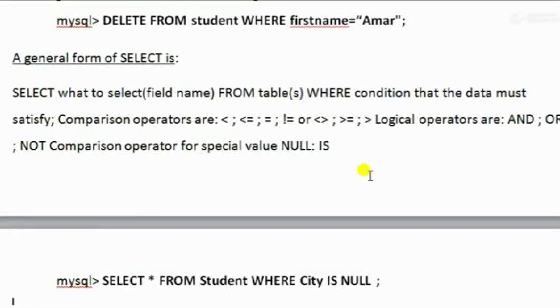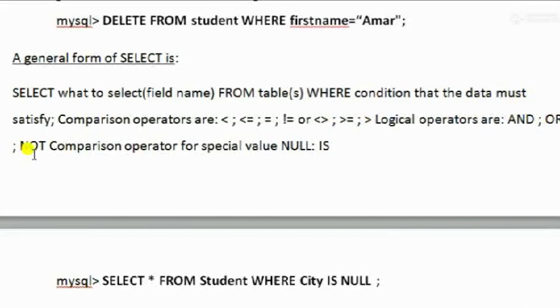So normally, what we have seen using the select, we use some conditions also, where we use these relational operators and the logical operators also: and, or, not.